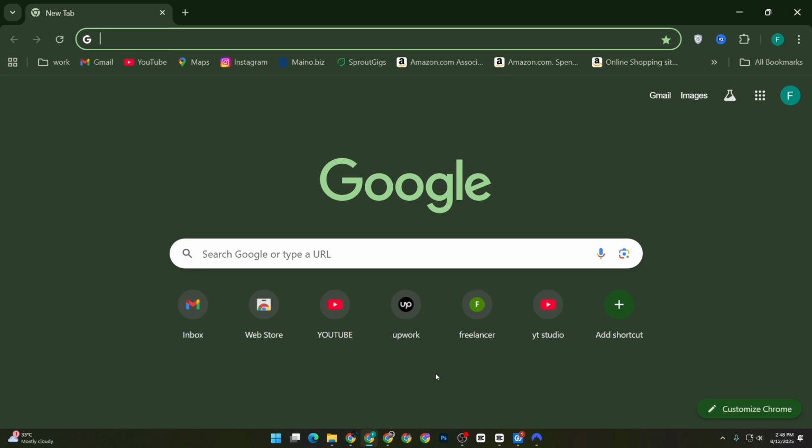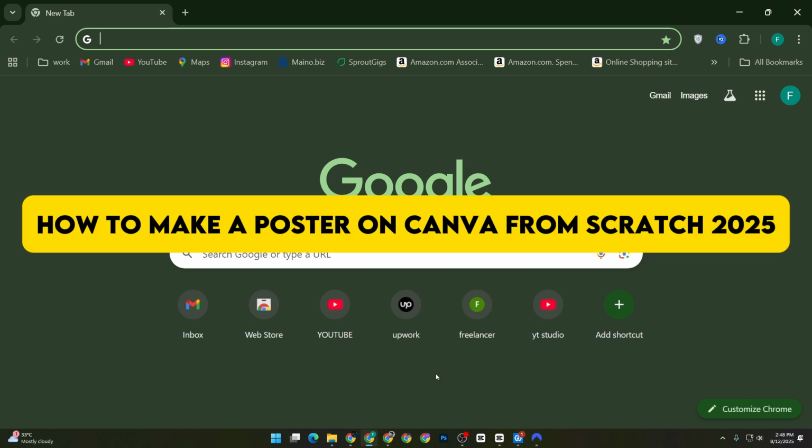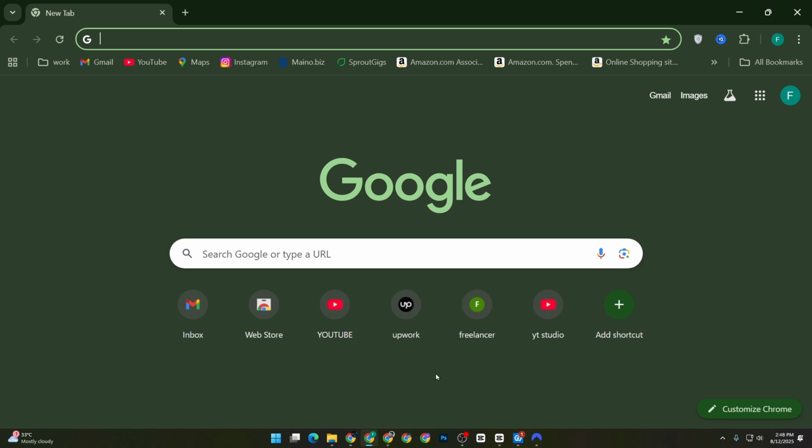Today I will show you how to make a stunning poster on Canva completely from scratch in 2025. No design experience needed. First of all, open your browser like Chrome,